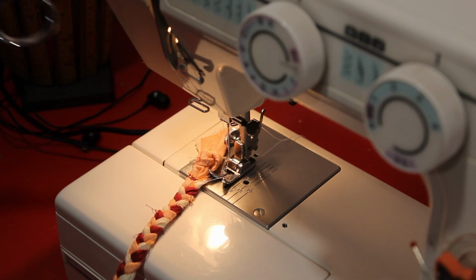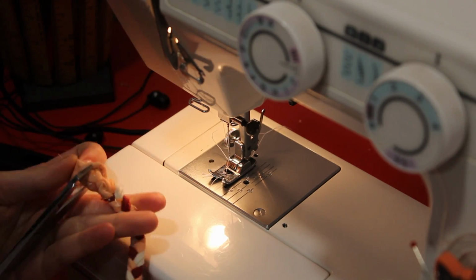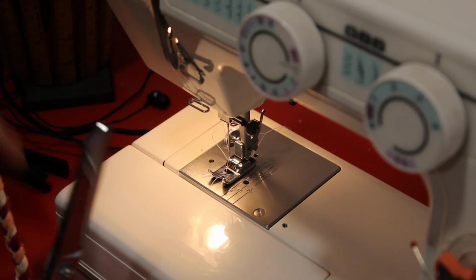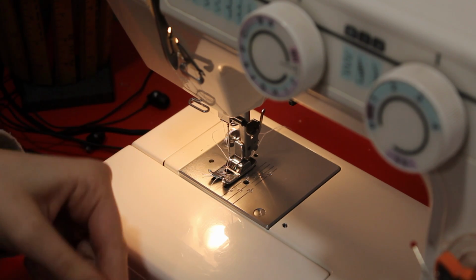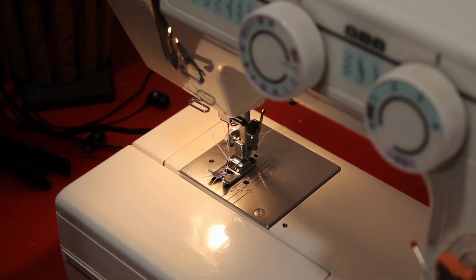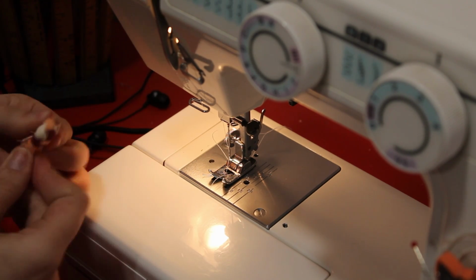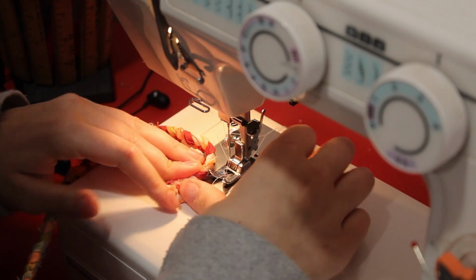So you just saw there, I placed the top of the knot under my foot and sewed across just so we could cut that knot off and get rid of the bulk. You can start your braid off this way, I just decided not to. So after cutting off the knot, I went ahead and folded it. You can see I folded it really small,